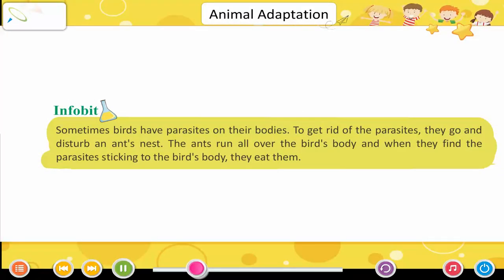Infobit. Sometimes birds have parasites on their bodies. To get rid of the parasites, they go and disturb an ant's nest. The ants run all over the bird's body and when they find the parasites sticking to the bird's body, they